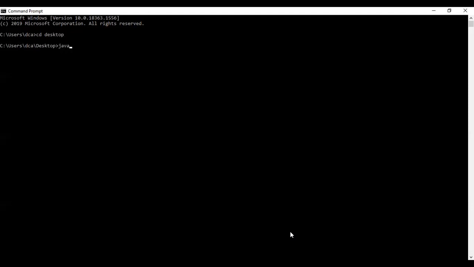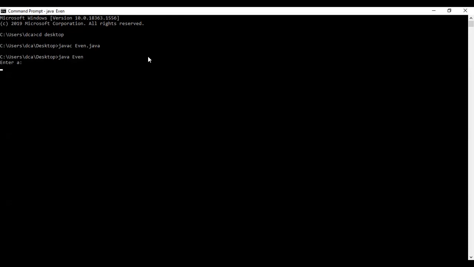And now we will compile our program. If it is compiled successfully, then we can execute it. Now our program is compiled successfully, so we can execute it. For execution, we will use the interpreter, that is java, then our program name.